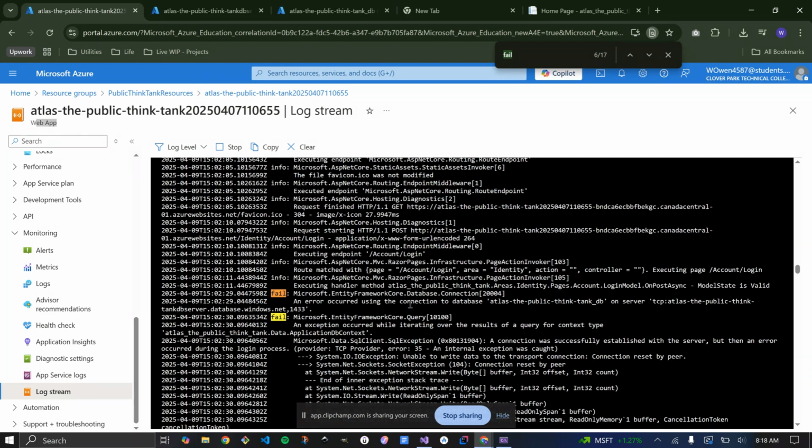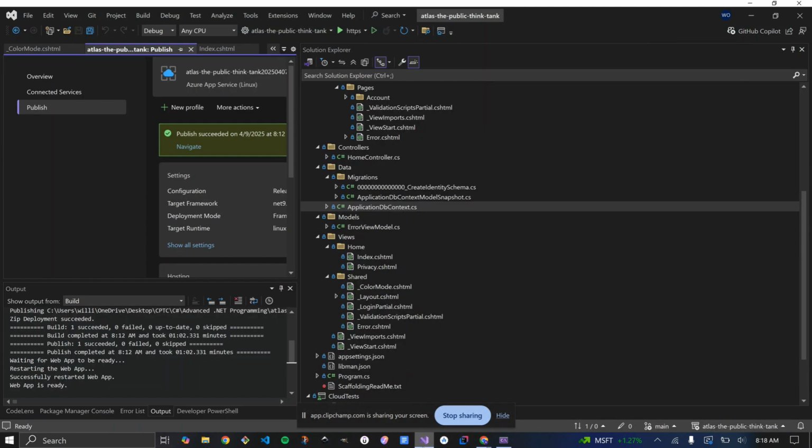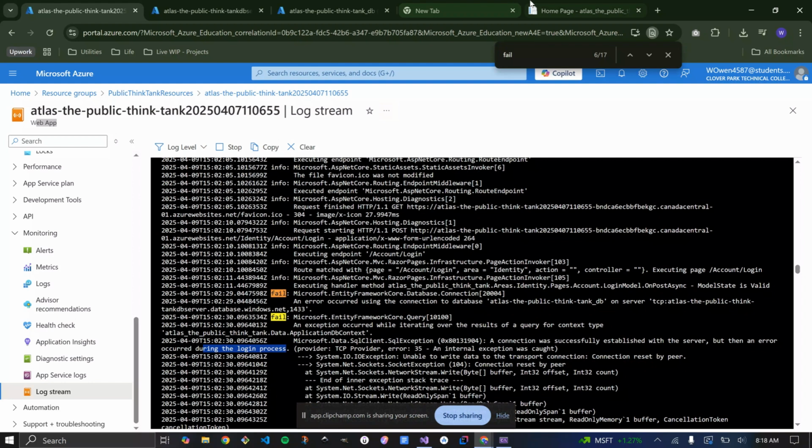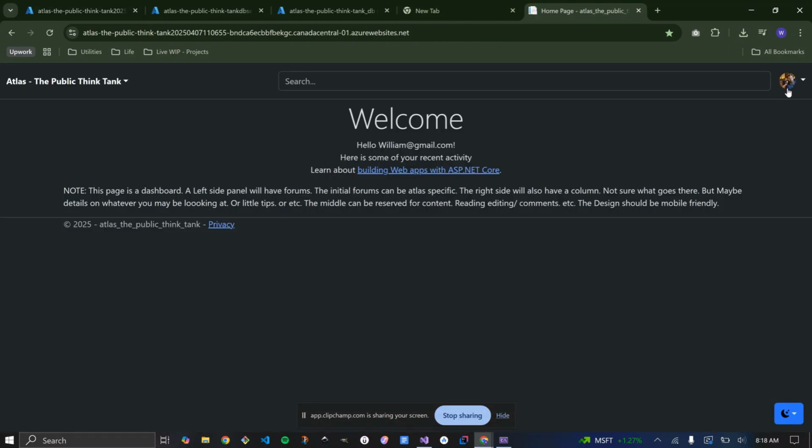And this is what I did see, and I was really confused because it said it was connecting, and then an error happened during the login process. So what I did is I just pushed my code again with this publish, and when it came back up, I tried logging in and it worked.